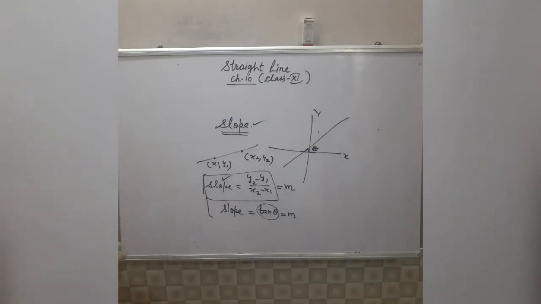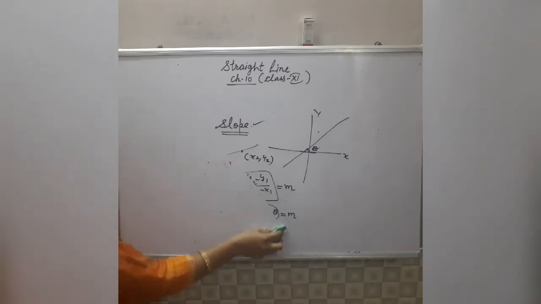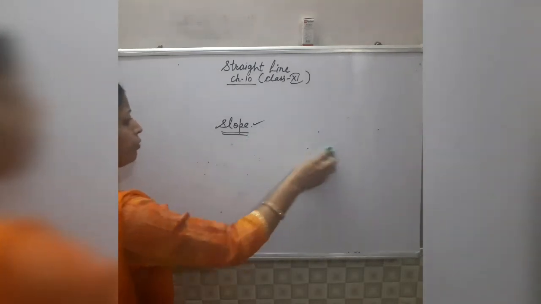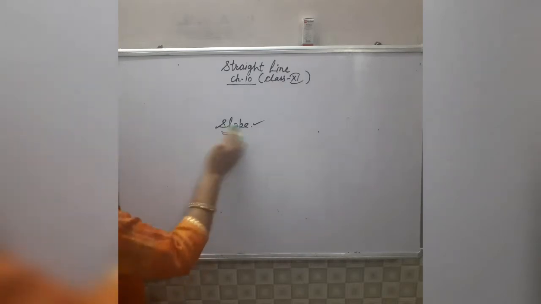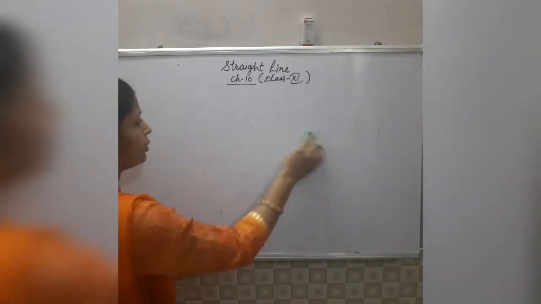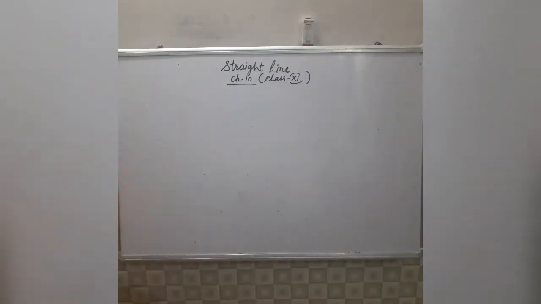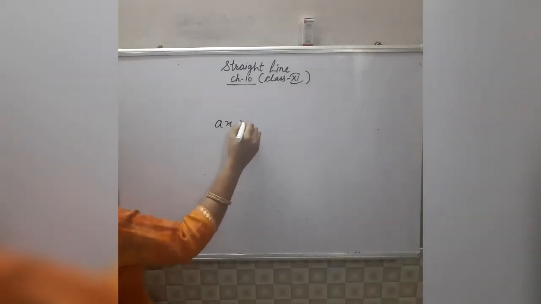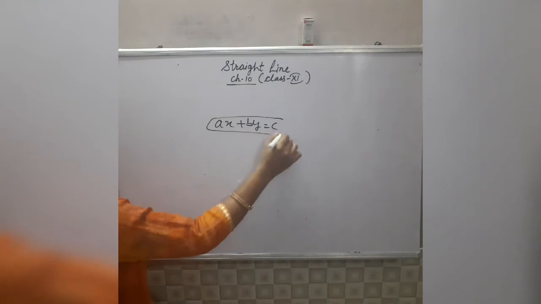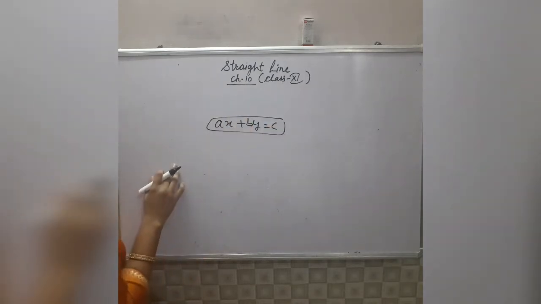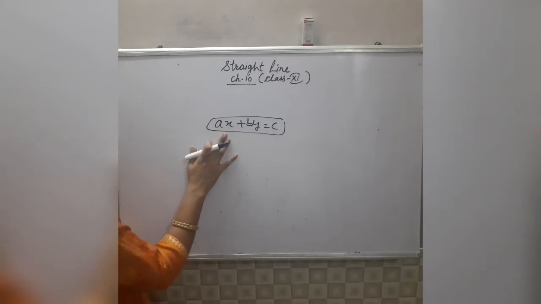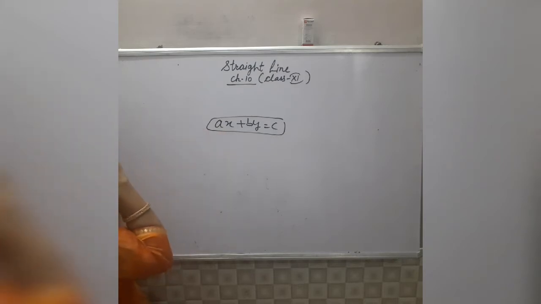And in this chapter we will do different forms of a line one by one in all the exercises. But in the first exercise we will use this topic slope. So that's why I have explained this topic first. And all of you know what is linear equation. Suppose any equation is written in this form, then this is known as linear equation in two variables. And all of you know very well that graph of linear equation in two variables is always a straight line.